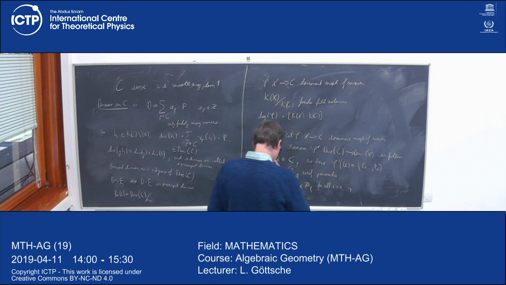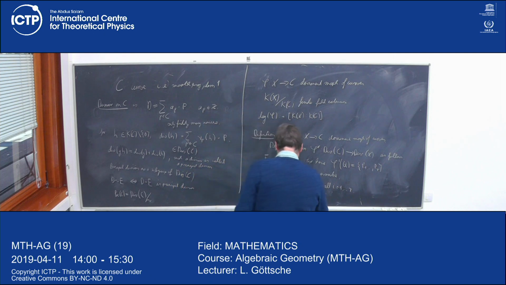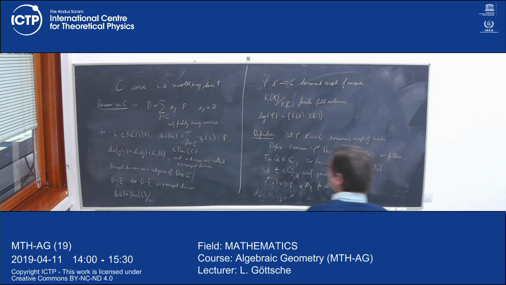And so, thus, we define phi star of this divisor Q to be the sum from i